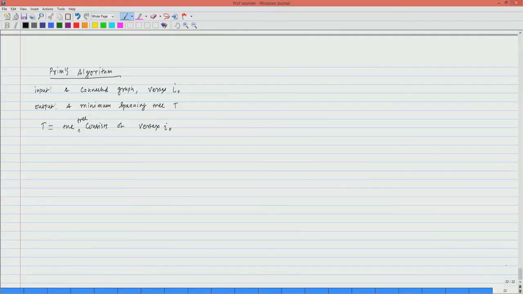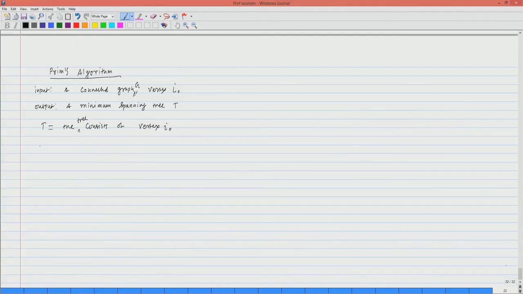So, if the graph G has n vertices, then the tree will have n minus 1 edges, because we know that a tree with n vertices has n minus 1 edges. So, that is why we have this while loop: while the cardinality of T, the set of tree edges, is less than n minus 1,